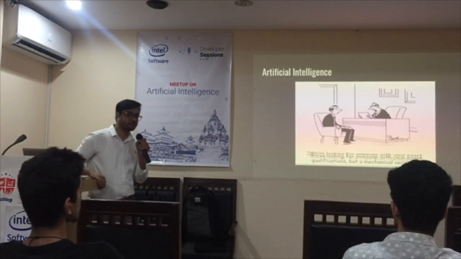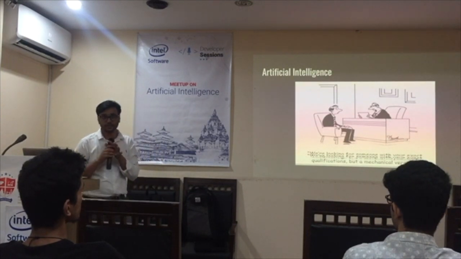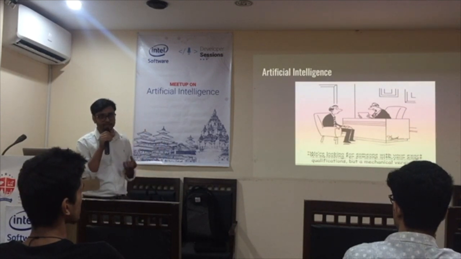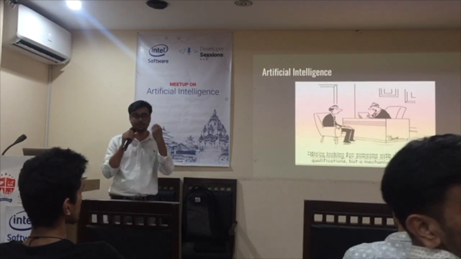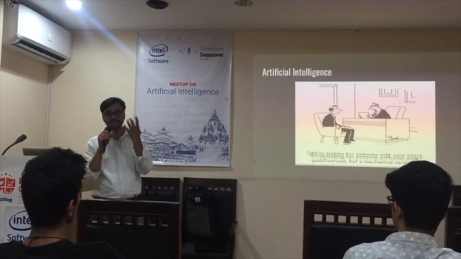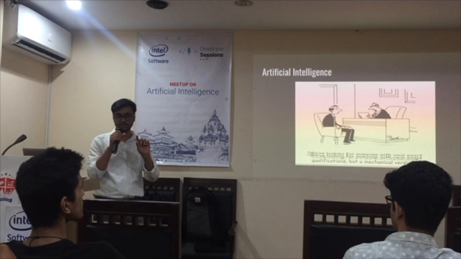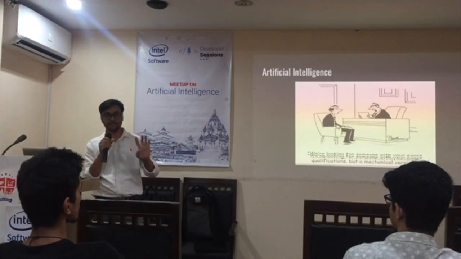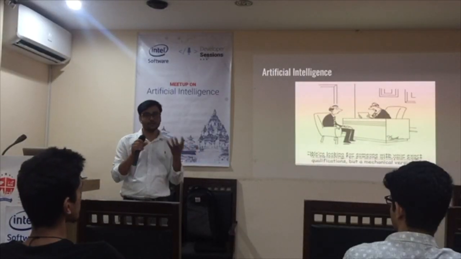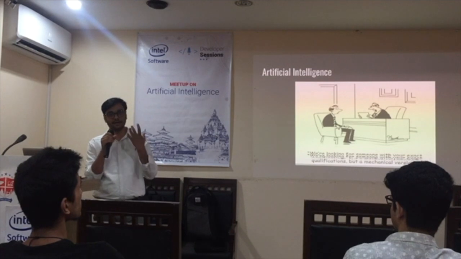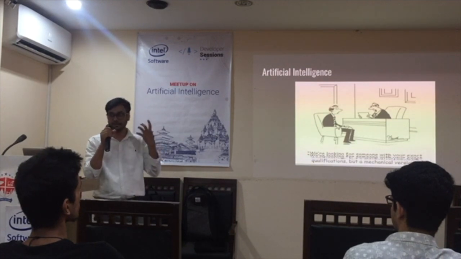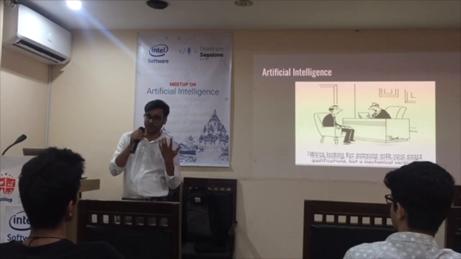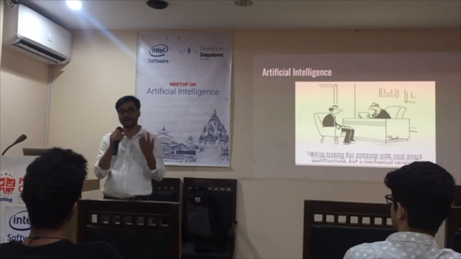So first of all, you know the intelligence. What is intelligence? Actually, we are talking about artificial intelligence. Artificial intelligence is the thing that mimics human intelligence. If you can design a system, or if you can write one program that has certain capabilities like a human, that is an intelligent system. So what capabilities or activities in humans make us intelligent? Can you tell me? What makes us intelligent?